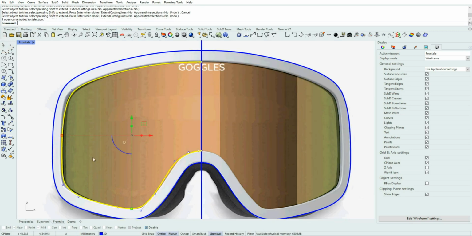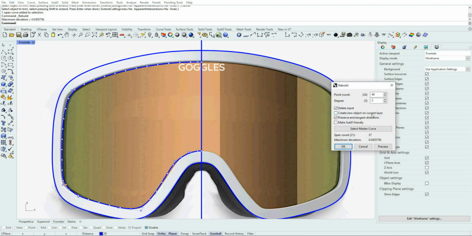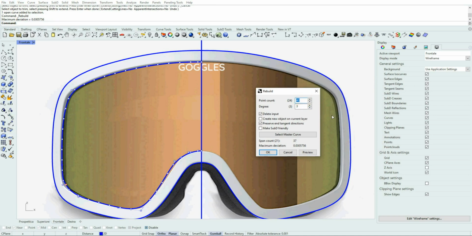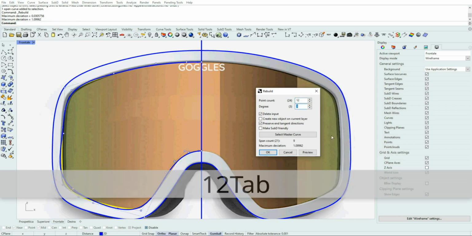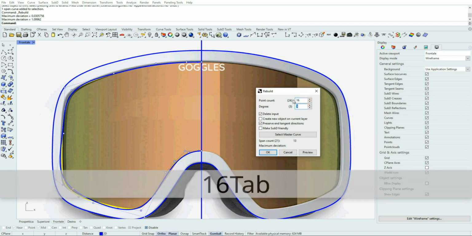So I go on editing my curve. First, I rebuild it because we have too many points, and I want to reduce as much as possible.